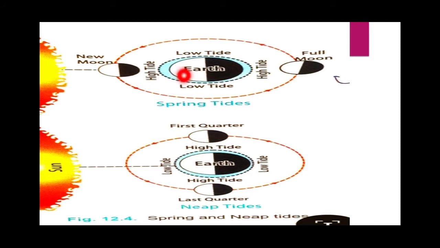But here, when all the three heavenly bodies are in a straight line, the sun's gravitational pull is added to the gravitational pull of the moon. And so the tides are higher than the normal high tides. This is because the sun's gravitational force is added to the moon's gravitational force, and so the water of the earth is pulled more, and therefore the spring tides which are formed are much higher than the normal high tides. So students, this is the concept of spring tides.